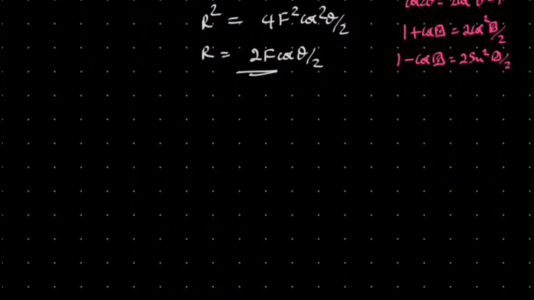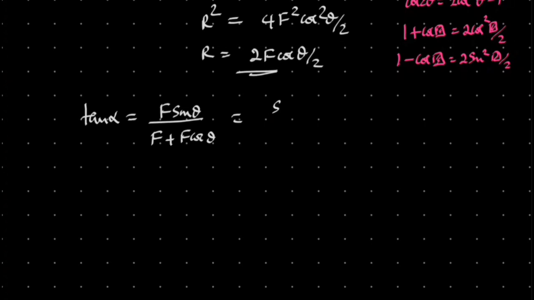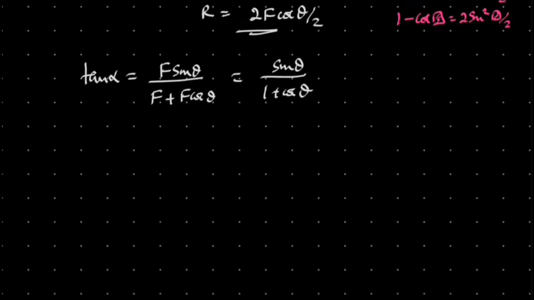So if you run it through the equation, tan alpha was q sine theta over p plus q cos theta. So f sine theta over f plus f cos theta. You see, again we run into a problem, because this gives us sine theta over 1 plus cos theta. In physics, there's no way for us to solve this, but those who are interested,